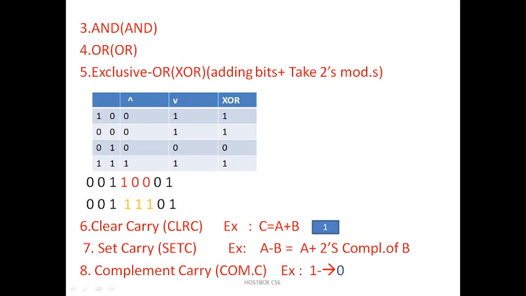Next we go to AND, OR and exclusive OR. These are the fundamentals and basics of digital electronics. Here we have a small truth table representing the basics, with input values 1 and 0. If you perform the AND operation, the results are 0, 0, 0, 1. If you perform OR, we get 1, 1, 0, 1. At last XOR: remember the point, it adds the bits and takes care of the modulus, so the result is like 1 1 0 0 1.